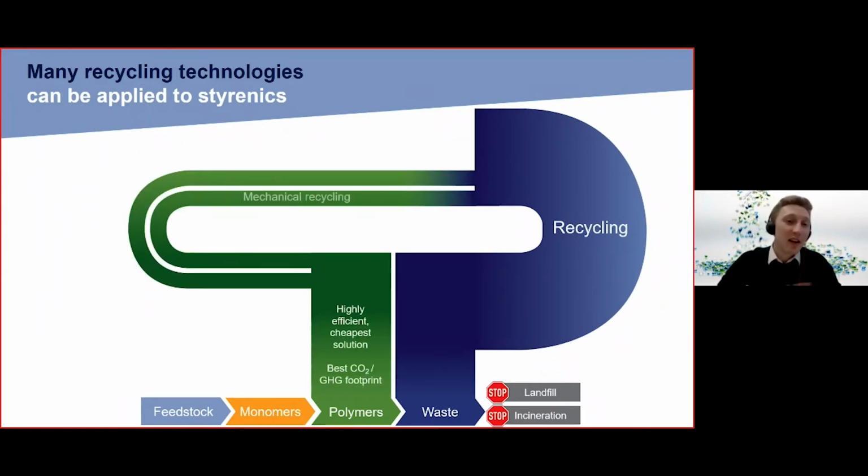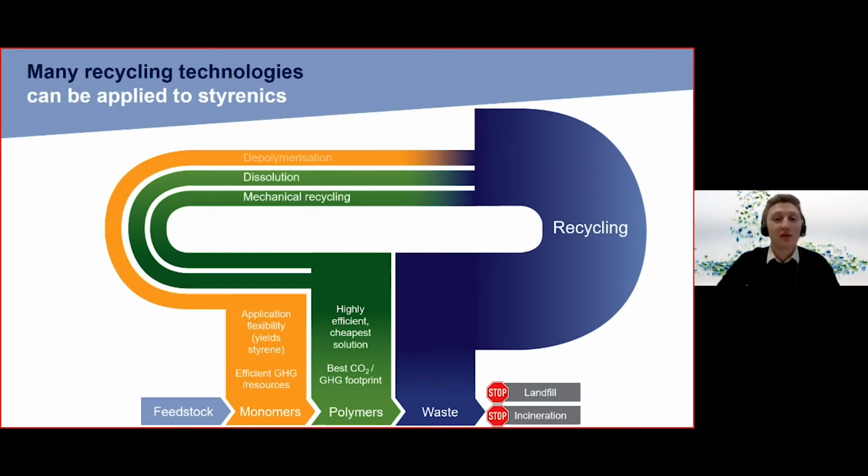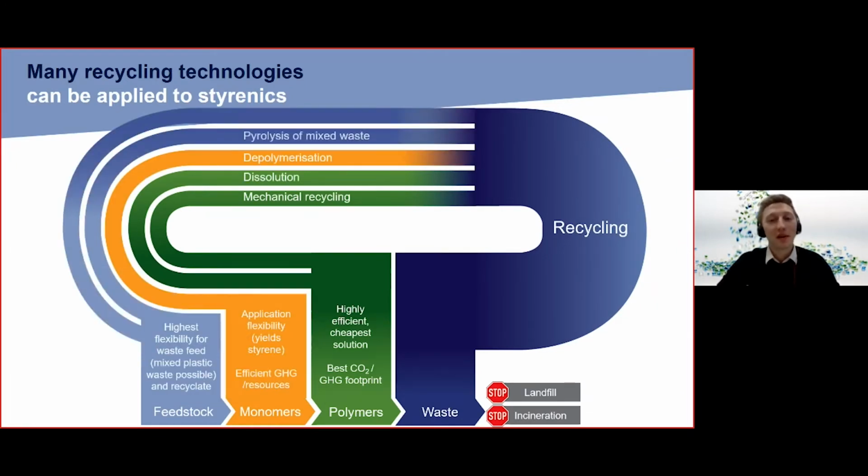And as you can see coming up on the screen now, there are several different recycling technologies possible for styrenic products, and some of these you might already be familiar with. Our view as INEOS Styrolution is that these recycling technologies will be complementary to one another, with different processes needed for different products depending on the quality of the input waste and the requirements of the final products. INEOS Styrolution and the wider INEOS group together is looking into all of these options, but today's focus is on